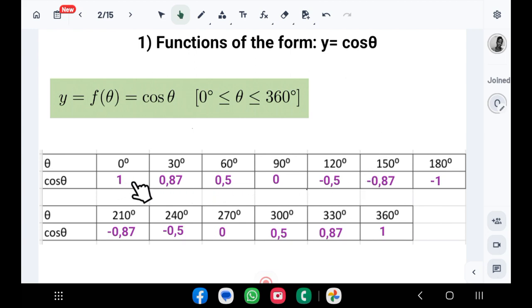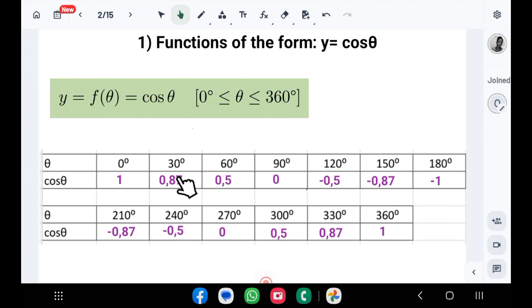Now take out a calculator and make sure that it is on degrees, DEG, and not radians or gradients, because you will get the correct answer but for a different setup altogether. So go cos, and then you punch 0, and then close bracket. That is equal to 1. That's what you get. Next, punch cos of 30, close bracket, that is equal to the square root of 3 over 2,